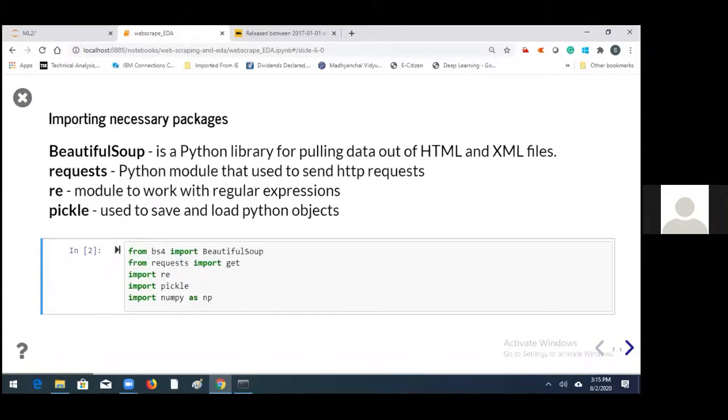But how they are structured, we may not be aware of, and we need not know. We only need to focus on what exactly we are trying to extract from that. And re is a regular expression library, which R also has. And Pickle is another library which can help save intermediate outputs and load them. So once we have done most of our job, it is good to save. As we keep on saving our Word files and Excel files, it is good to save our intermediate outputs,